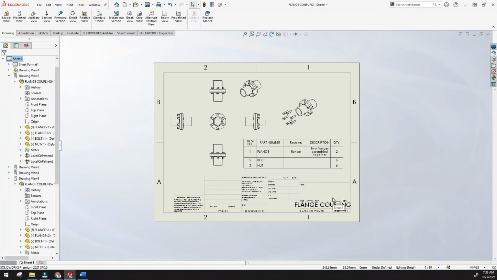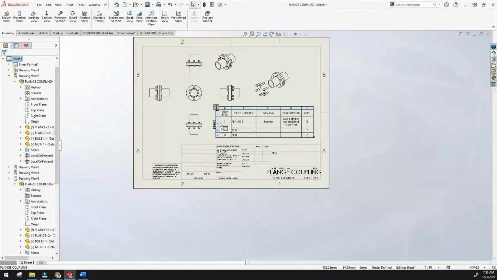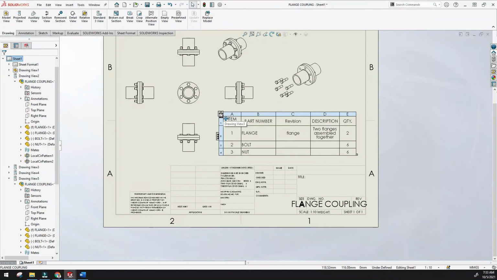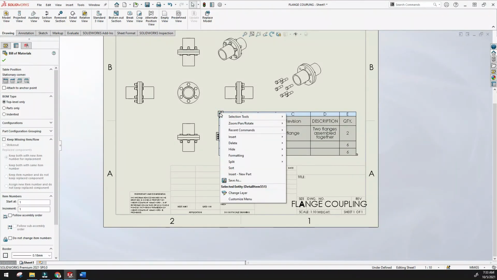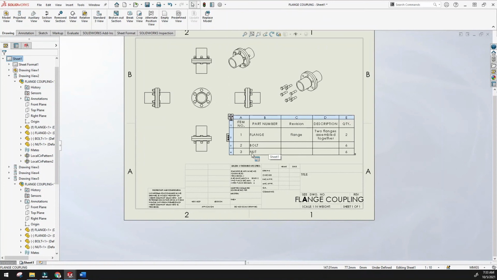And how to write the title, name, date, and anything? So how to actually write everything? For that you have to go back to the assembly part, and you have to write all things in the descriptions, whatever you want to give.